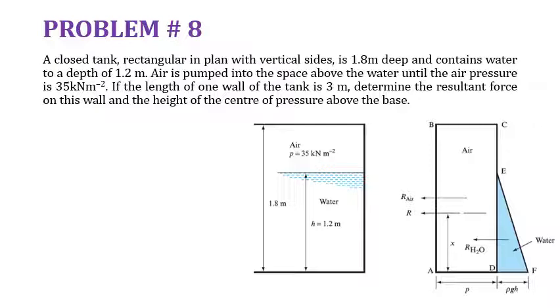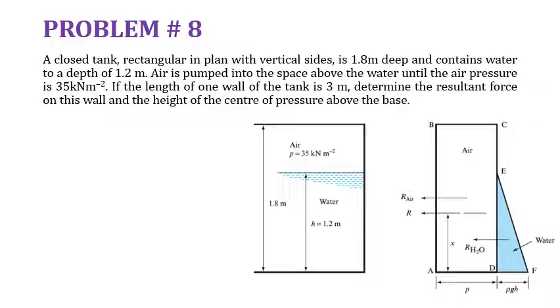So as again it has two layers, it is most easily solved with the help of a pressure distribution diagram. And as we know, the air has a constant pressure of 35 kilonewton per meter square. So this is going to be like this: air pressure is constant, and as it will act as a surcharge, it is basically again a rectangle for the water layer. So either you can divide it into two rectangles, or you can take it as one rectangle of the same pressure P.